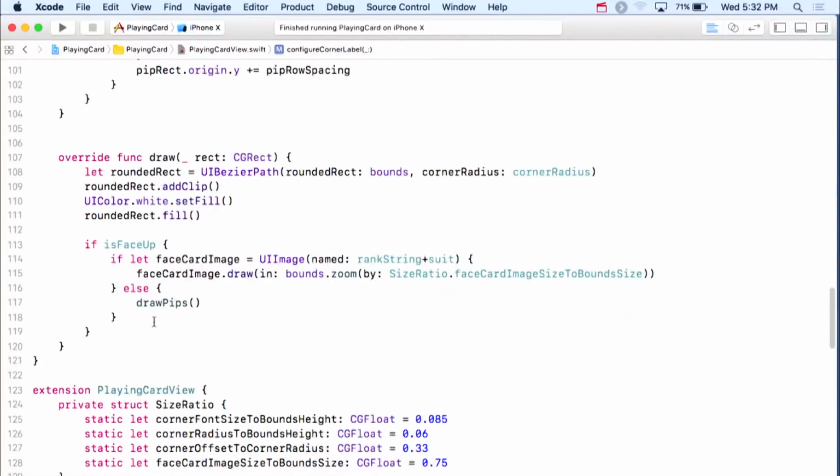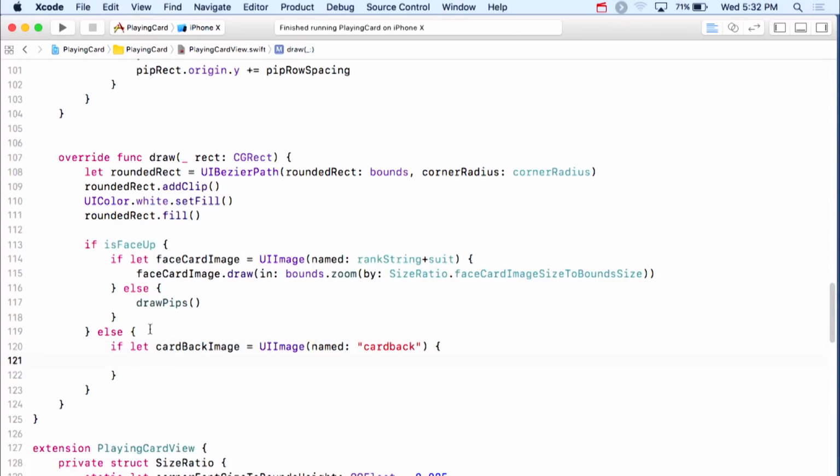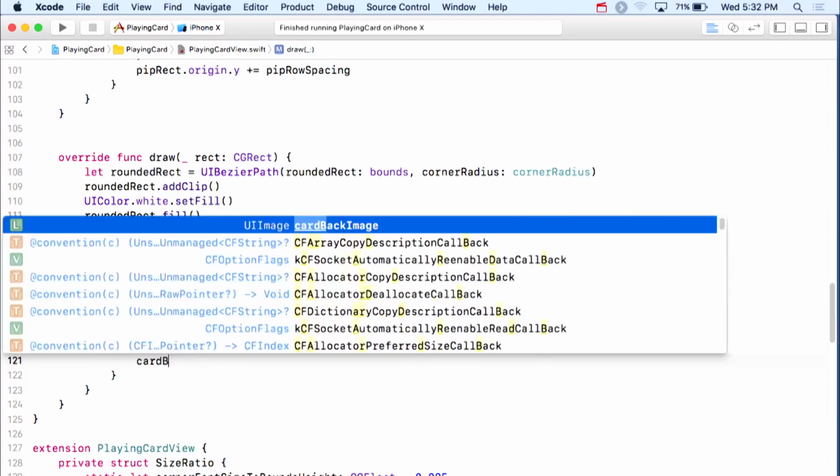But if our card is face down, then we need to show the back of the card. So I'm going to do that with an image as well. I'm going to say if let cardBackImage, not capital I, image, equals UIImage again, named, and I'm going to call it cardBack. So I'm going to look for an image named cardBack,